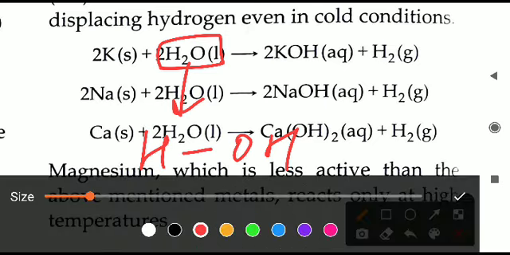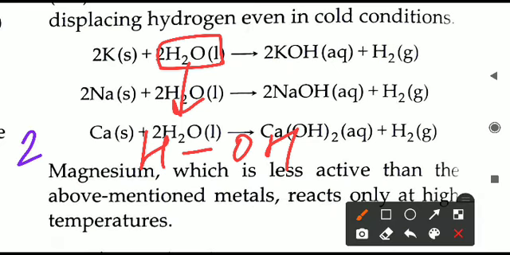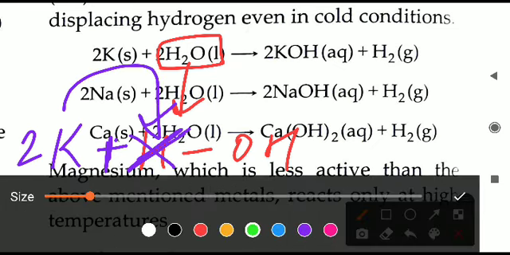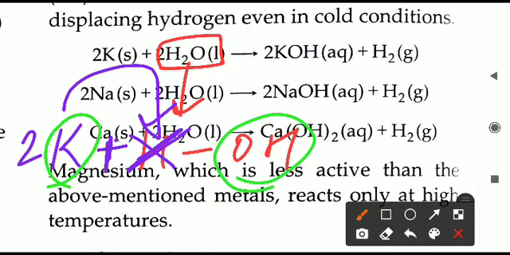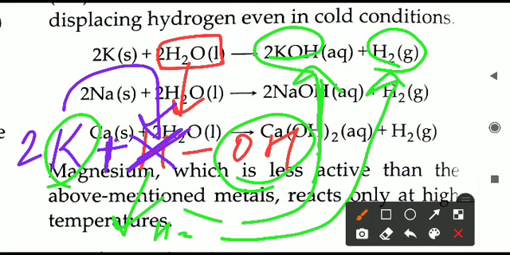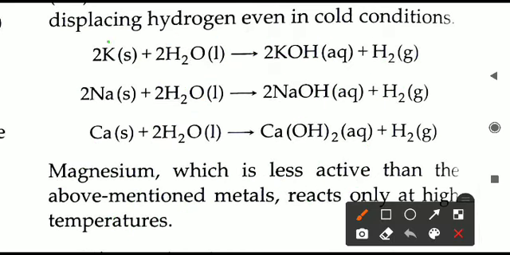So this HOH is reacted with what? It is reacted with 2 potassium. A potassium atom will move and remove this hydrogen from here. Now what is remaining, you can see, is K and OH. That is what you can see in the final product. KOH is obtained. So potassium has removed or displaced hydrogen from its position. So hydrogen will be thrown outside from this particular compound, that is water, and hydrogen gas is coming outside. H2 is produced separately. That also you can see in the product here. So this is how this reaction happened.